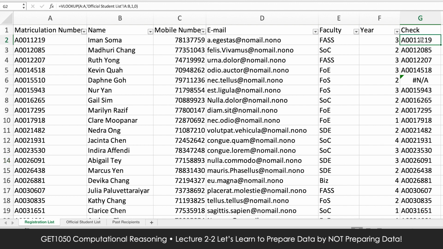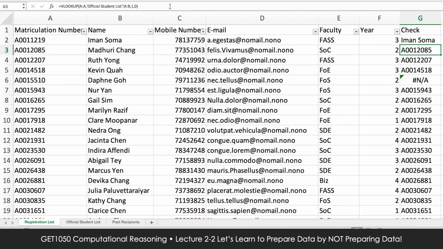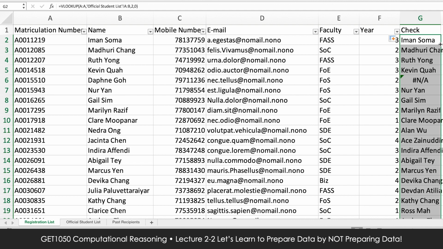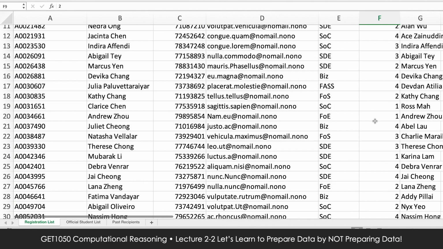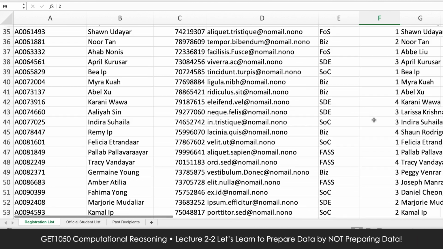So let's go back to the same cell where we did our original VLOOKUP. Now let's change the third input, where you indicate which column to pull data from. Let's use column 2, which will pull out the names of students from the official list. Okay, so we have modified our first cell. So again, let's double click the small square to fill up the rest of the cell. So those people that gave fake matriculation numbers, those are still NA, right? But now we can see a list of names, and now we can compare with the names given by the